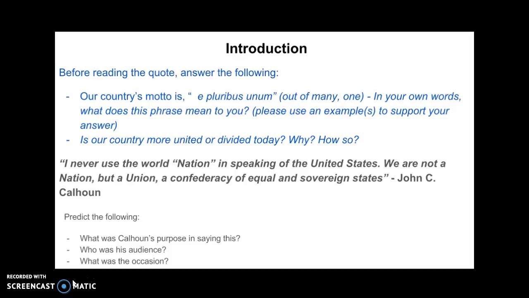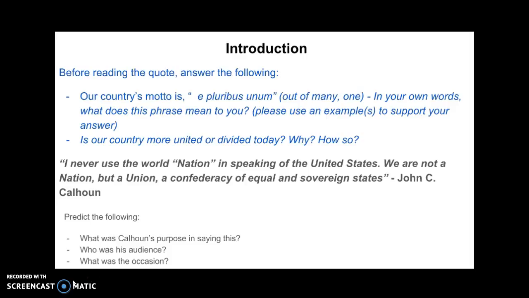Who do you think he was talking to, or who was his intended audience? And what do you think the occasion was of this quote? So you're looking at maybe possibly predicting the historical context or the immediate events surrounding this quote. What do you think could have been going on that would have caused or influenced John Calhoun to say